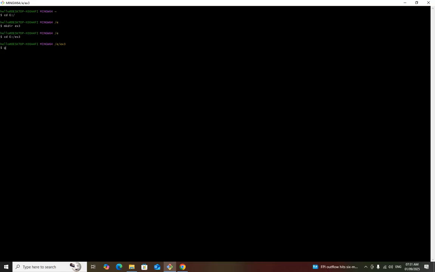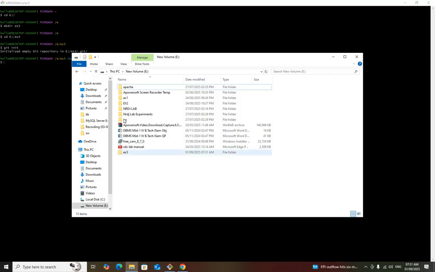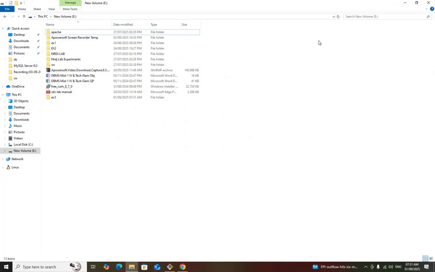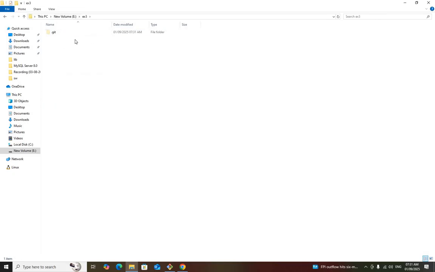I am creating the Git repository by using the command git init, which is a command to create a Git repository. You can see it initialized the empty Git repository in ex3/.git. Presently, if you open the ex3 folder, it is Windows 10, so it's not updating automatically. I refreshed it, and you can see the Git repository.